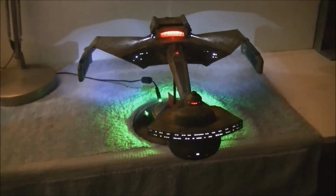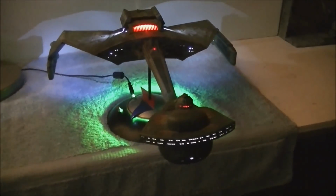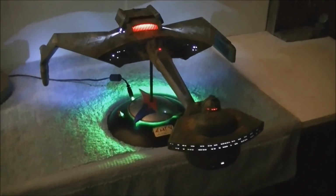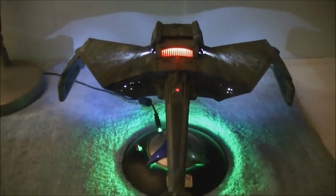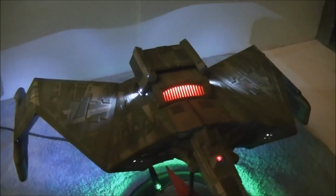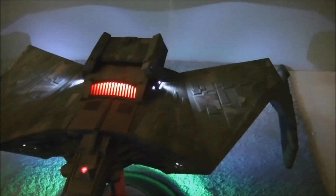Special bonus alert, everybody. I almost forgot. All you guys like to see the model in a little bit of low lighting here, so I just went ahead and shot this little segment here at the end just to show you what it looks like. Here's the lighting on the top of the wings that we have flooding onto our little emblems on the top in that kind of little V pattern. You can see how nice those